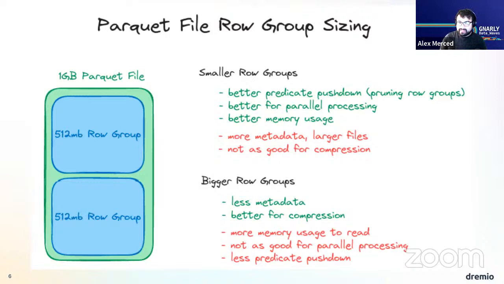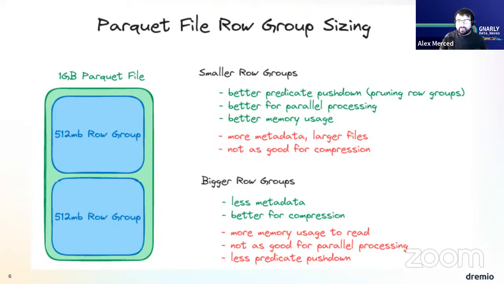The benefit of a row group is that a query engine, again, like a Dremio or Spark, can look at the metadata for those row groups and say, okay, do I need to scan this chunk of the file? Is this row group relevant to my particular query? This is referred to as predicate pushdown: this row group matters, this row group doesn't. So that allows an engine to read a Parquet file faster.